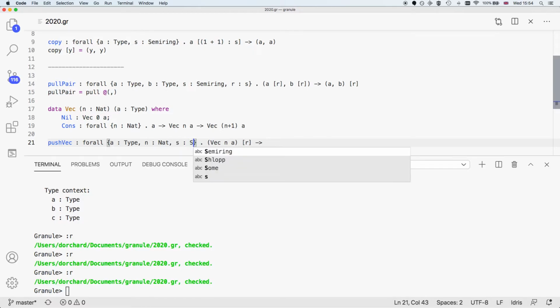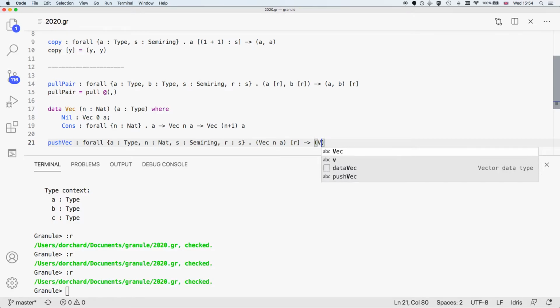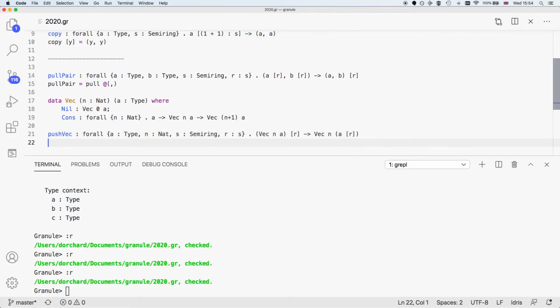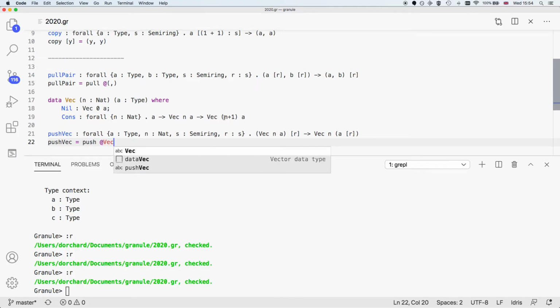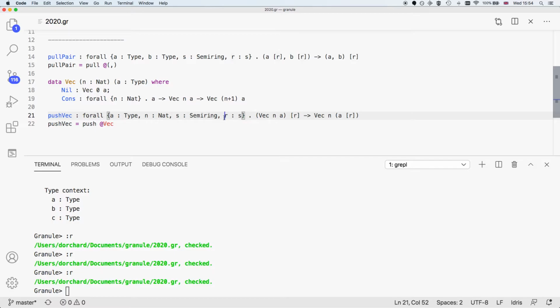Okay, so I need to do this generally. And I want to then push that in, let's say, to get a vector of length n whose elements are graded instead. So this is a push. So instead of having to write it ourselves, we can have this boilerplate automatically generated for us. Now, this is actually going to produce a type error